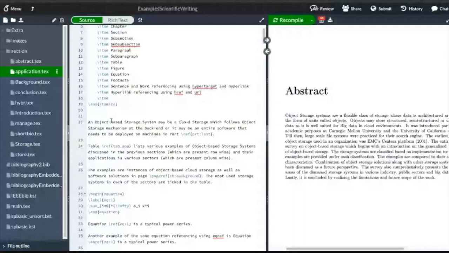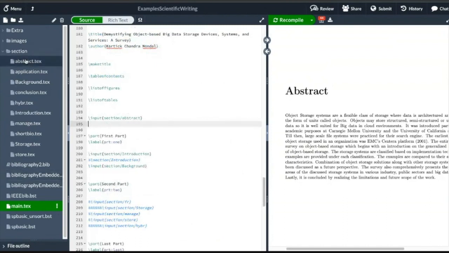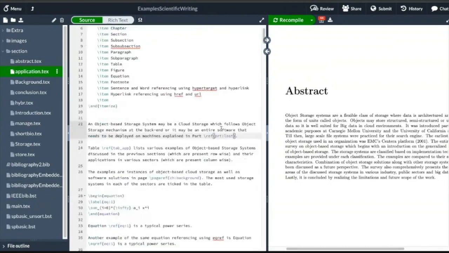Say for example here I have written that an object-based storage system, whatever it is, needs to be deployed on a machine, and it is explained in part 1. What is the name of that part? You just look at that, part 1. So you want to write the same part there, so you write part 1, and if you run or save the document, it will automatically